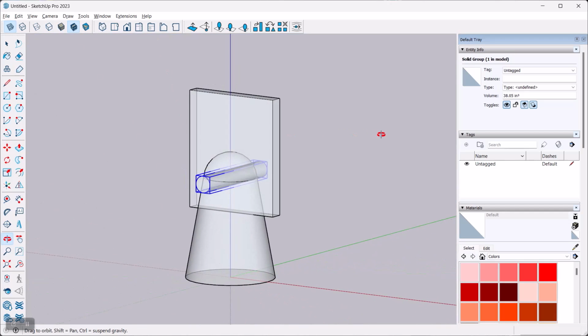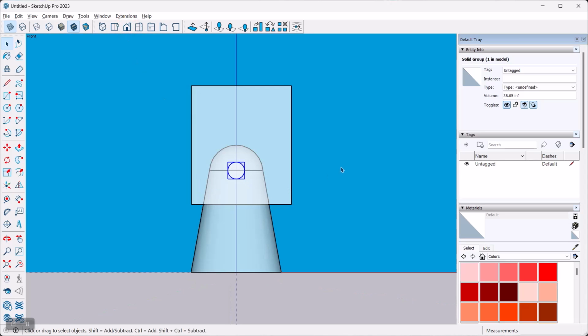So you see what we're doing here, of course. Just using classic engineering views to basically align things, and then overlapping enough all of our solids. And I didn't check here, but this is also a solid group, and so is of course everything else, so that I can then just use my solid tools to subtract one from the other. Okay, so there's one more thing that I want to do here,